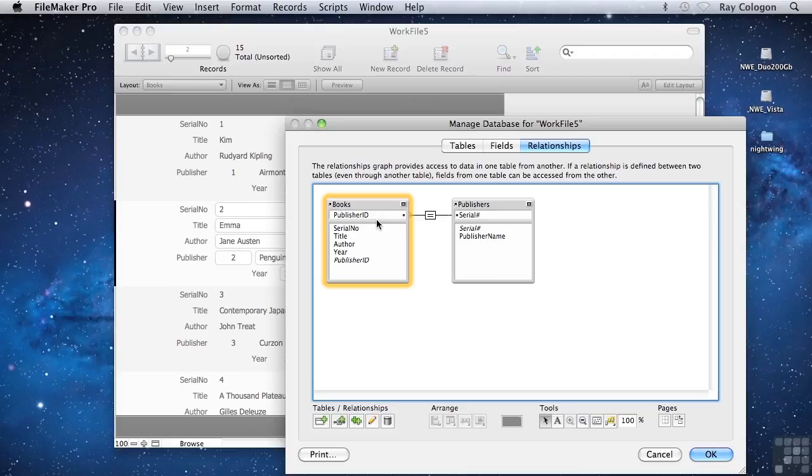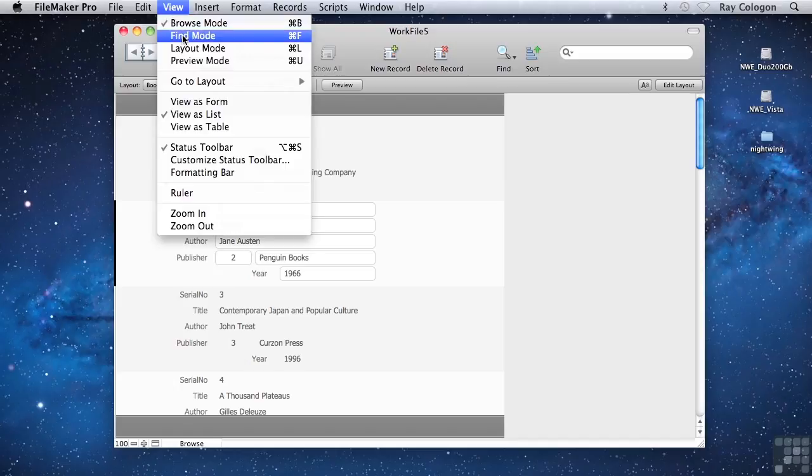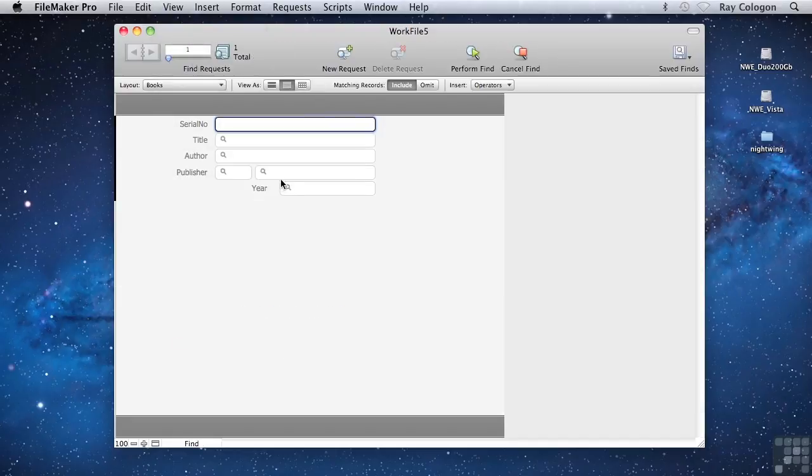In this case, because a publisher can publish many books, we're storing the publisher details in only one place, yet making them available to all of the book records where they're relevant. Because there can be many books related to one publisher, this is called a many-to-one join. Let me demonstrate. If I go into Find mode, and then enter Find Criteria to locate the books published by Penguin,